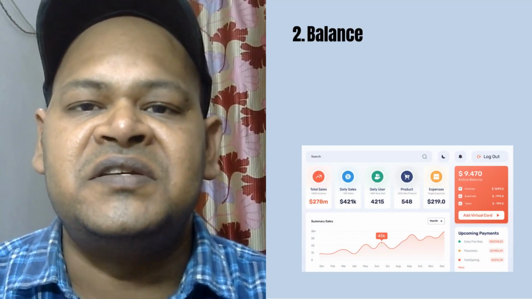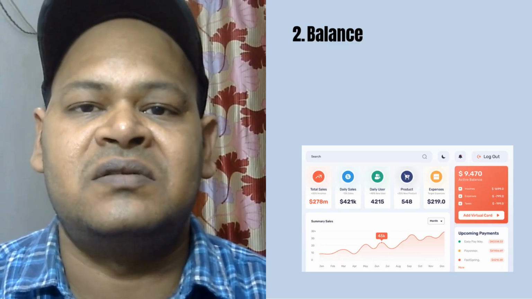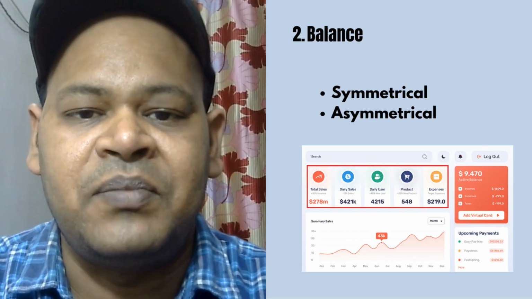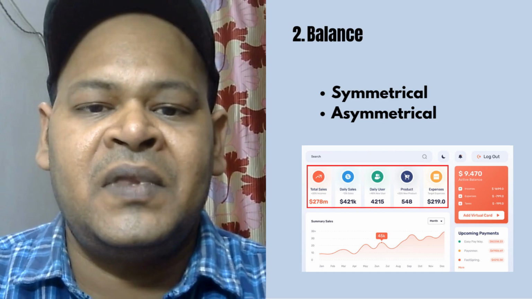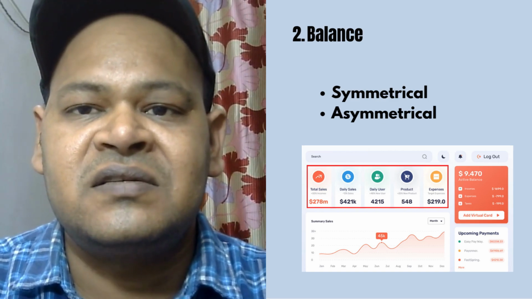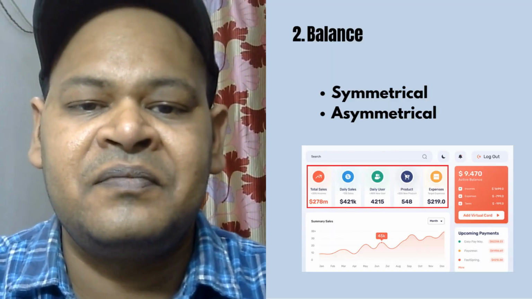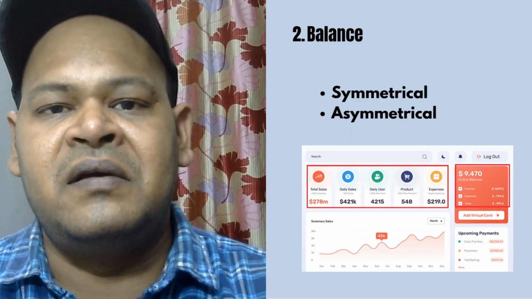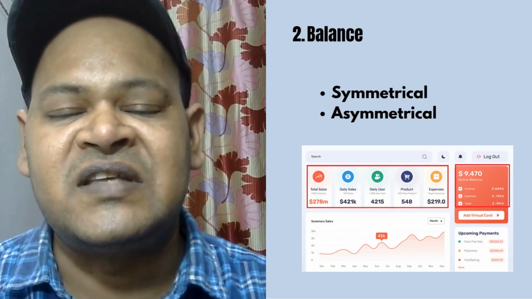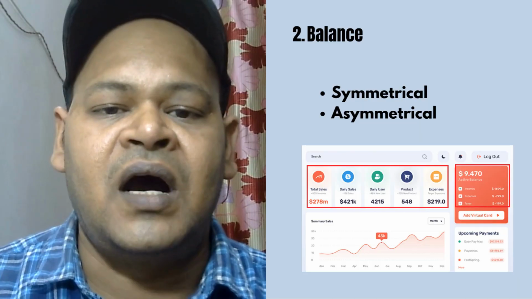Balance means distribution of visual elements evenly across the layout. There are two type of balance. First, symmetrical balance, in which we can adjust both sides the same amount of elements. Second, asymmetrical balance, where we can add one side heavy elements and second side we can keep less or no